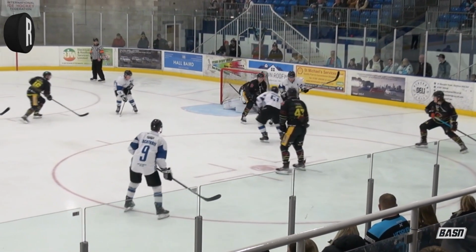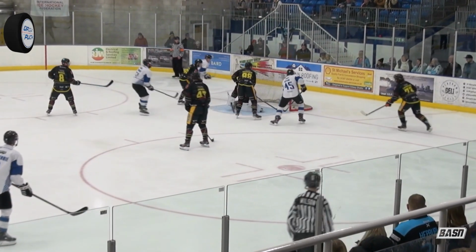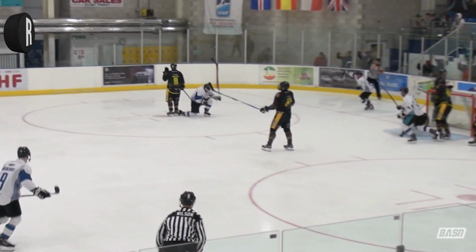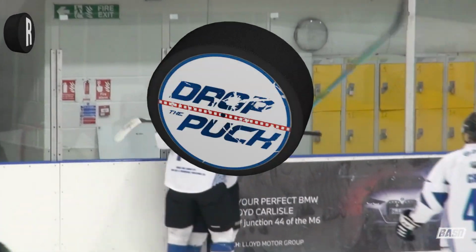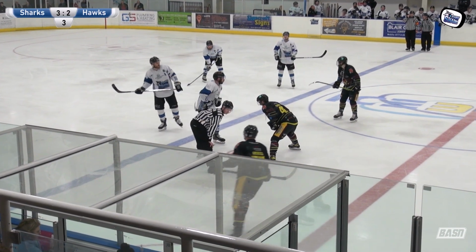How about that for Captain Courageous? Yeah, great goal. You could tell he was a forward there. There was some great stick handling. Well, it's Gordon Horn